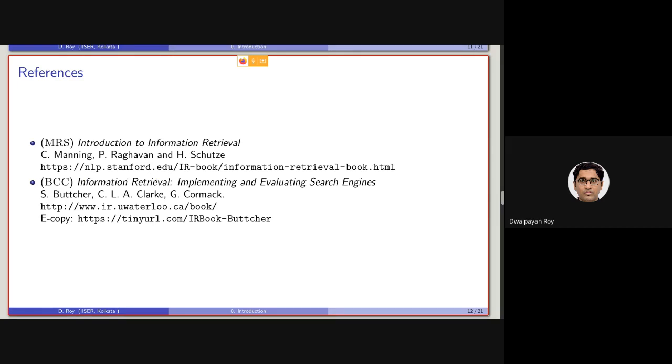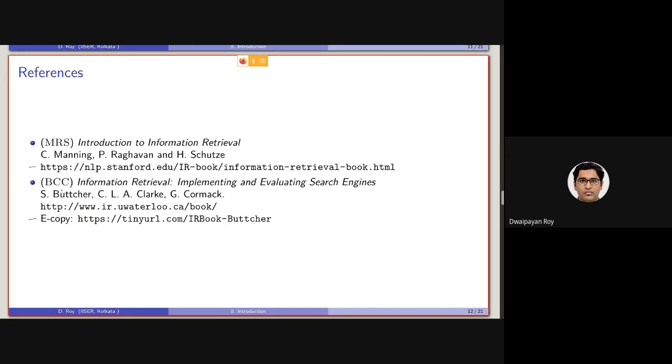It is a book published by MIT Press by Stefan Bucher and his colleagues at University of Waterloo. The good part of this course is both of them are actually freely available officially.